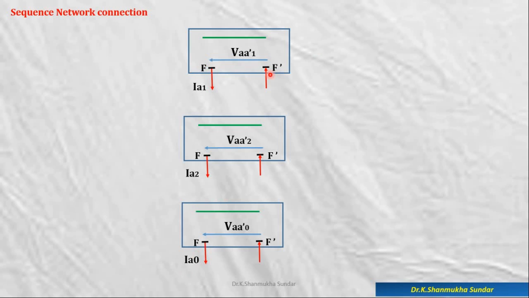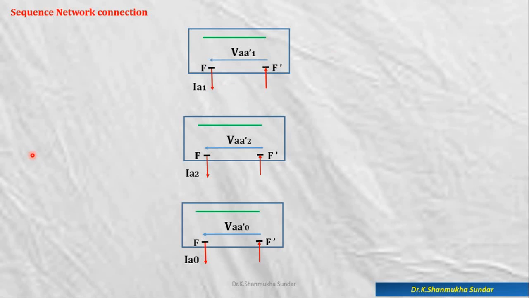Two ends we are having, as compared to the earlier power system network we have represented, isn't it? Sequence networks of power system. There we had only one terminal, and here we are having two terminals. That is the difference. You should remember it. So now this we are dealing with a one conductor open type fault.